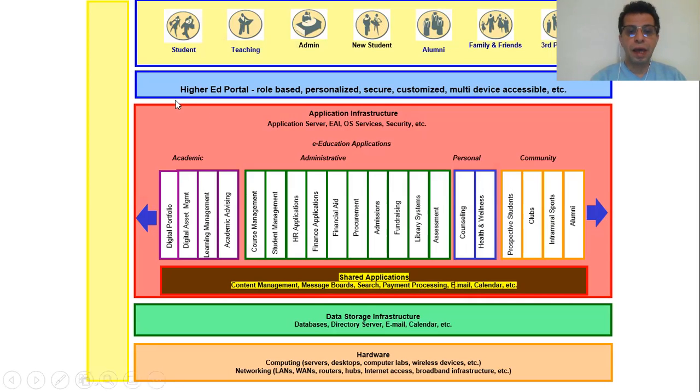Now, in the academic part, you usually have some kind of digital portfolio, the site where you go on and put your information. And you might have a solution with digital assets management. We will talk about each one separately. You want to manage your assets. Some assets will probably need to be replaced, some will finish, some move from one office to another, or from one class to another class because it's expensive. So you need some kind of digital asset management.